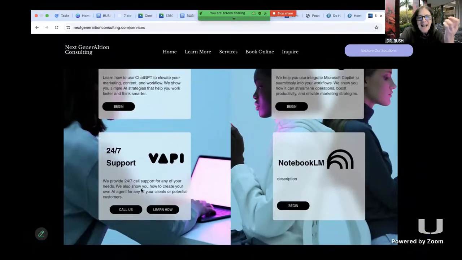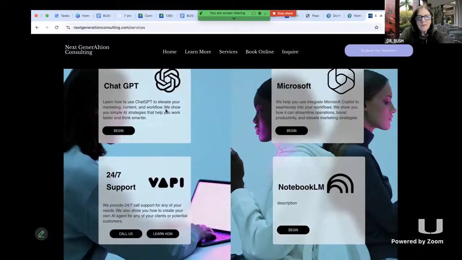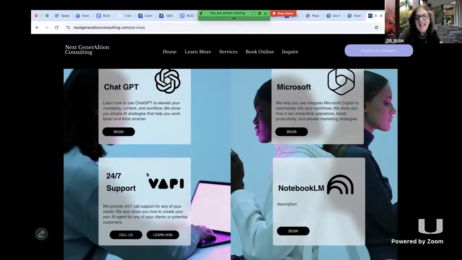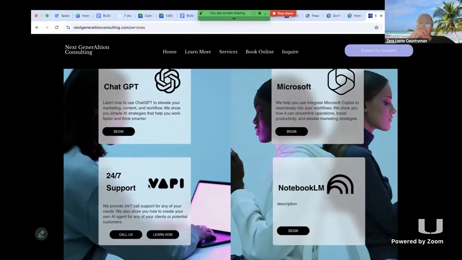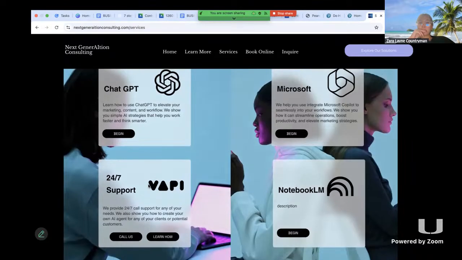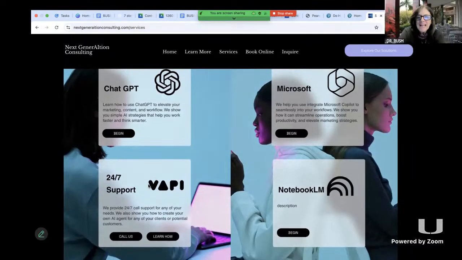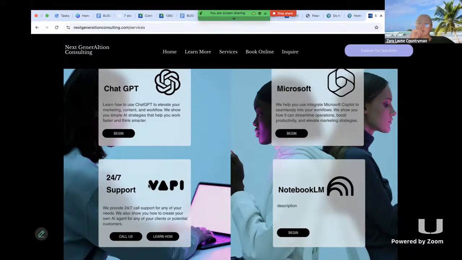I would say 95% of them have no idea what VAPI is. So you want to say intelligent caller, or AI agent, or AI calling agent. VAPI is just a platform called Voice API, it's a vendor. You understand? What you're actually giving is 24/7 support for an intelligent